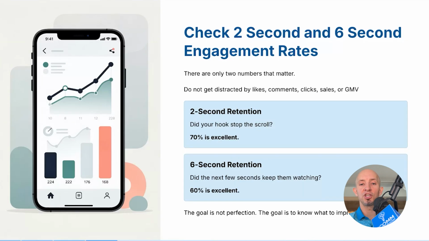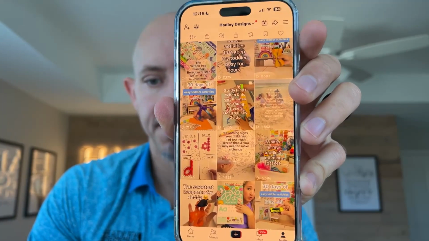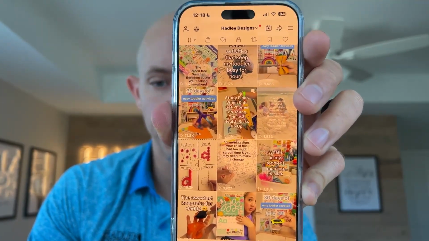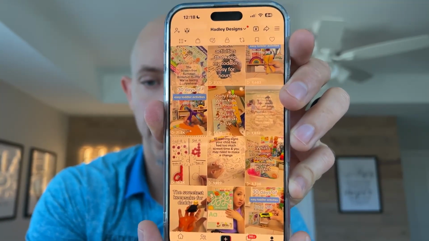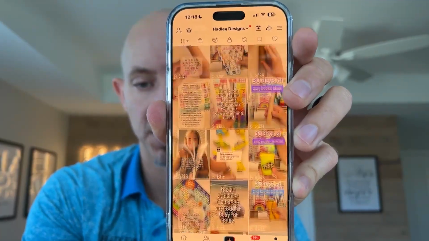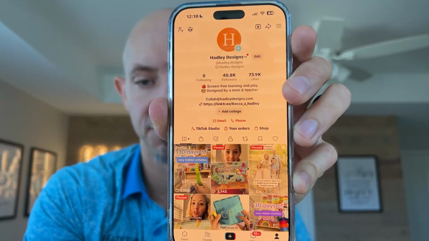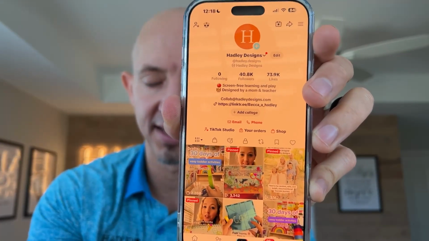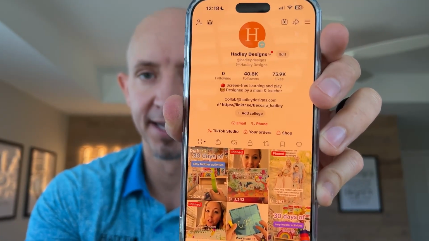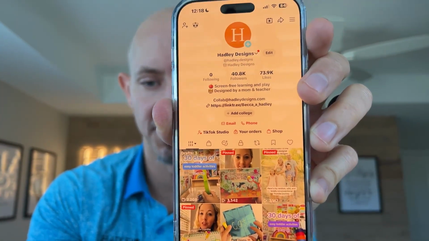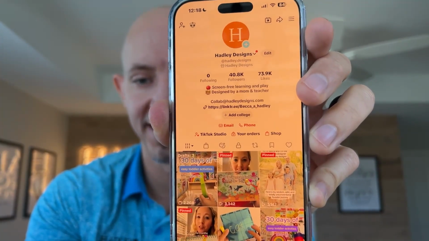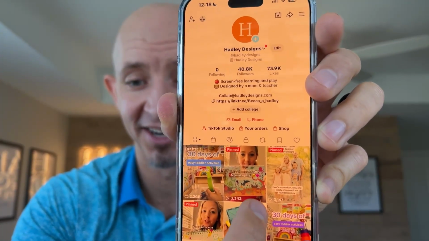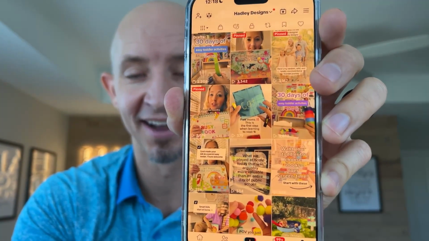All right, let me share with you. Here I'm showing you our Hadley Designs account. If this is your TikTok, and by the way, unfortunately, you have to do this on the mobile app. You can't see this on a desktop or laptop version. Otherwise, I would be showing you on the computer, which would be a lot easier than pointing at this on a phone.